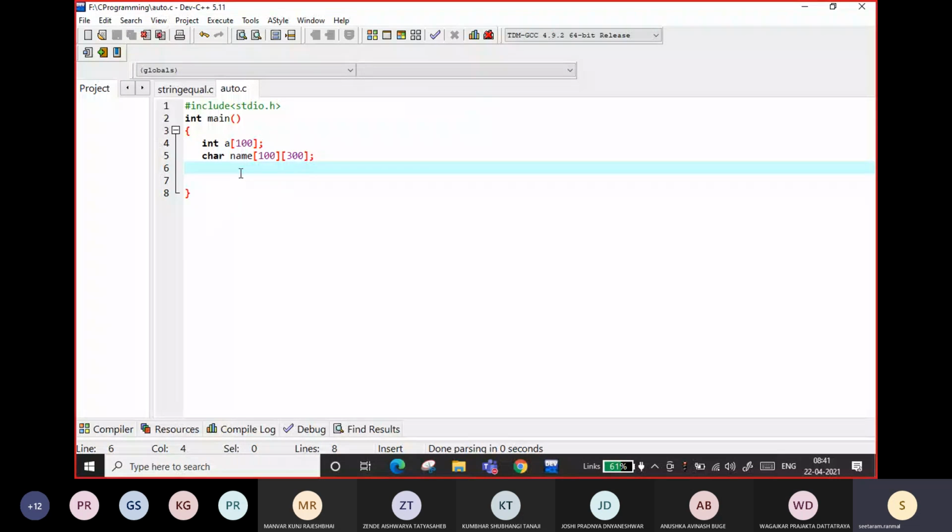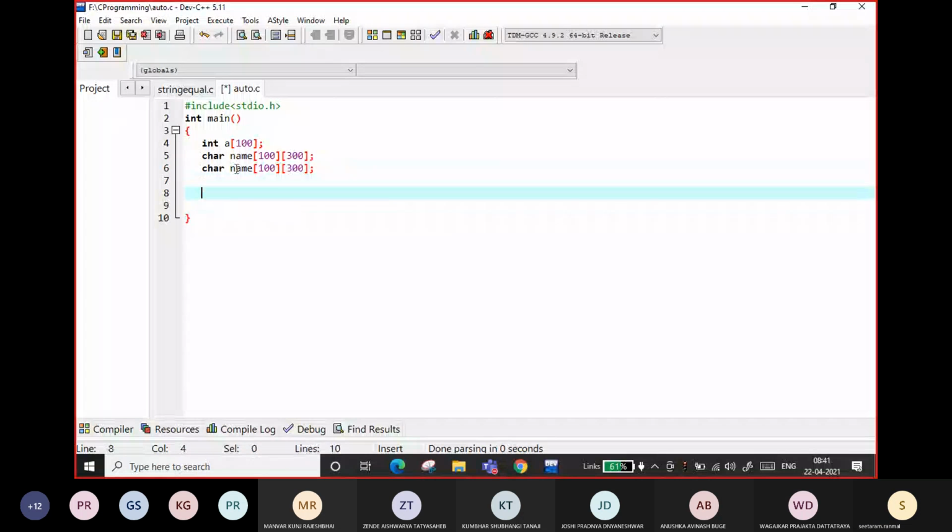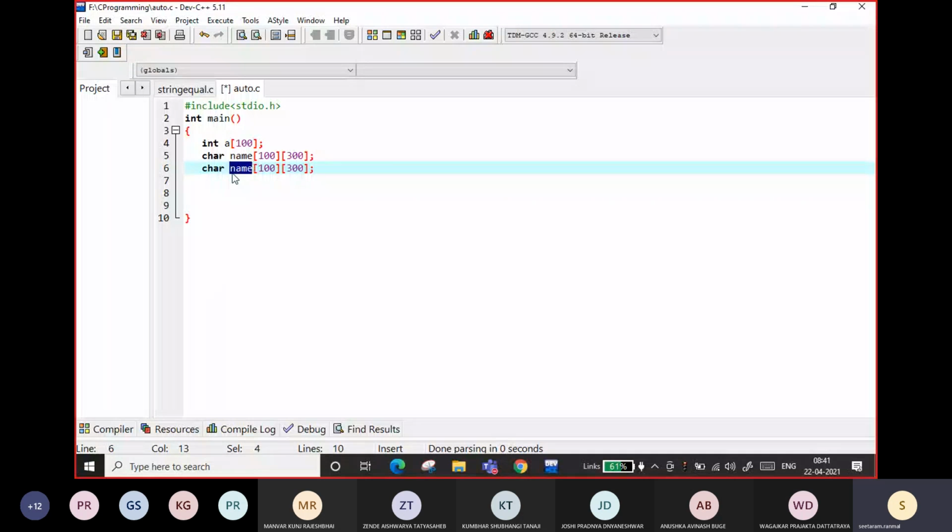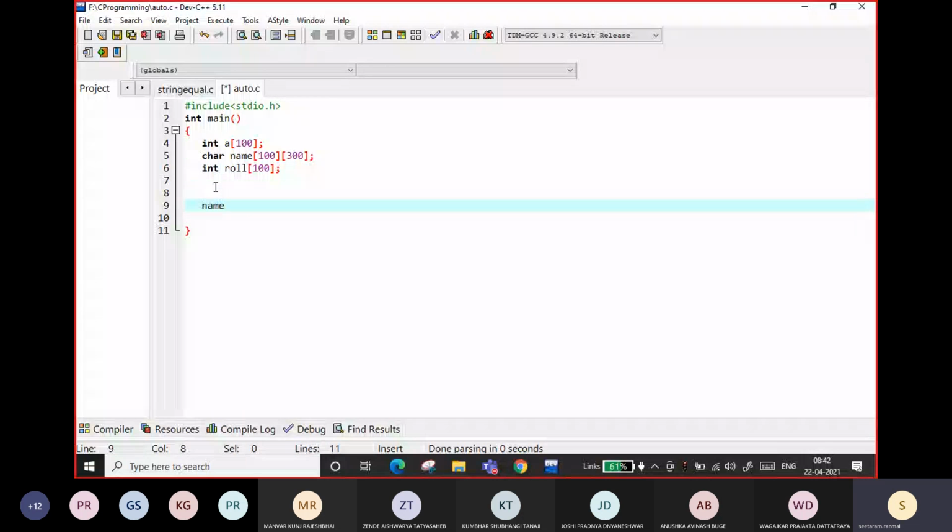Similarly, if I want to store the roll numbers of 100 students, then I will take an integer array, if it is integer. So name of 0 is also a character array.